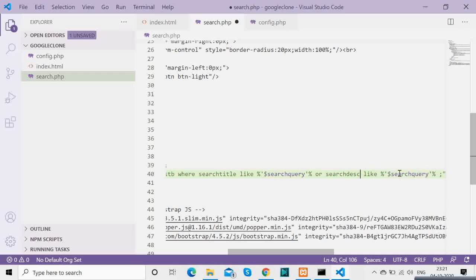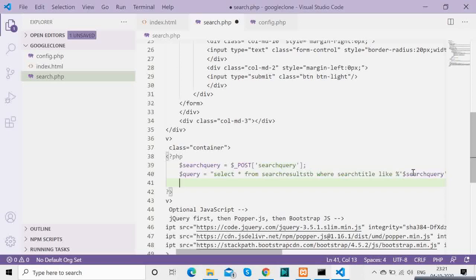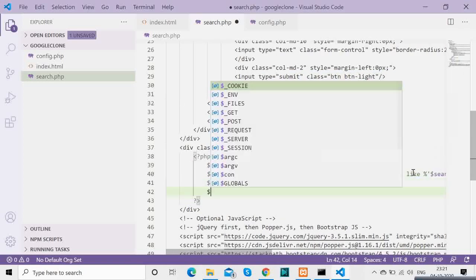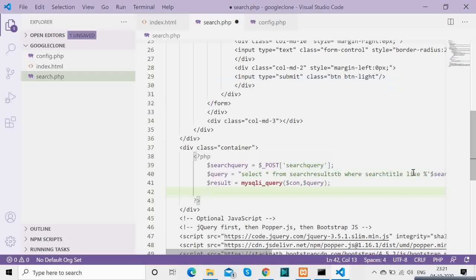We have the result where we have this MySQL query. Once we get the results, they are stored in an array.